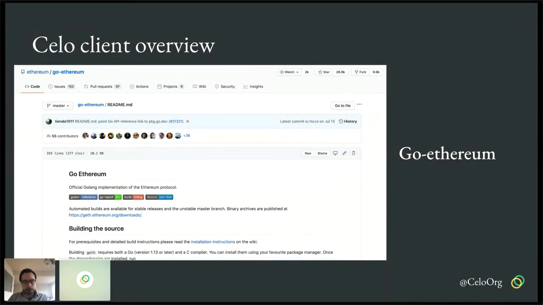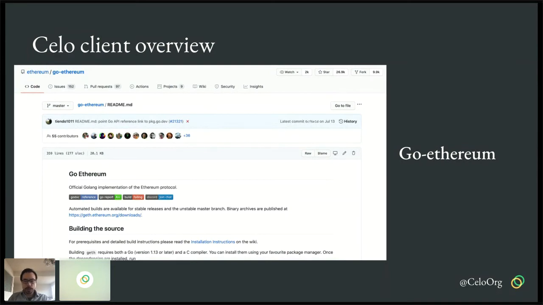And forking from Geth did actually provide some other advantages as well. Any major future features that have been implemented and committed into Geth, we can also pull that commit into our Celo client code base as well. And not just for Geth, but any client that is derived from Geth, where any changes to those derivations, we can also merge those changes into our client as well.